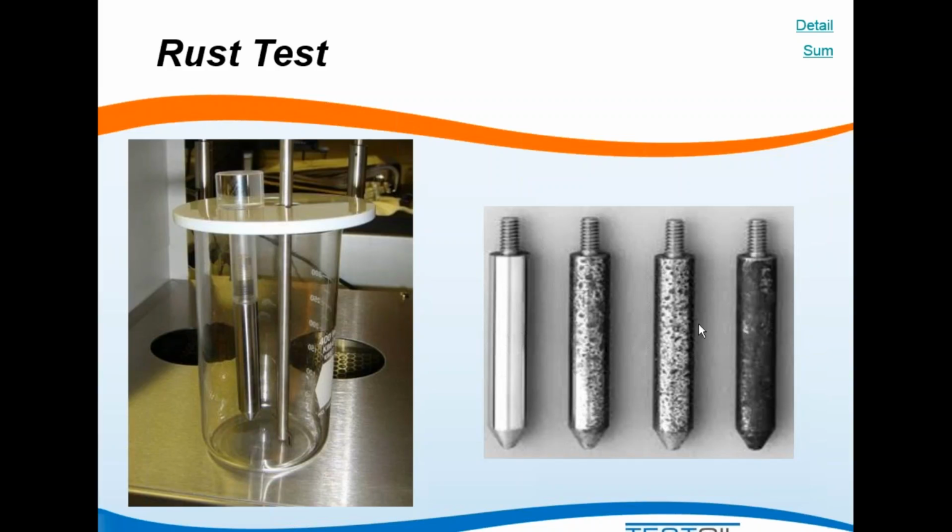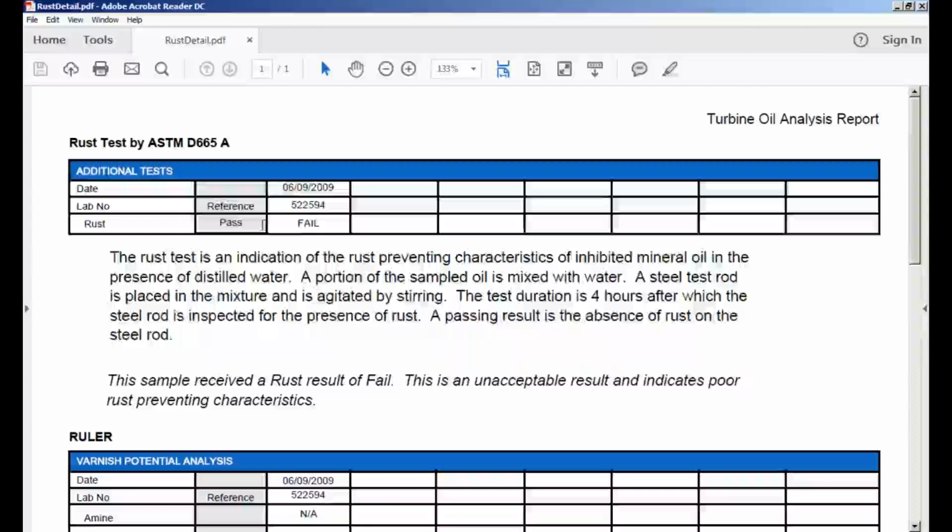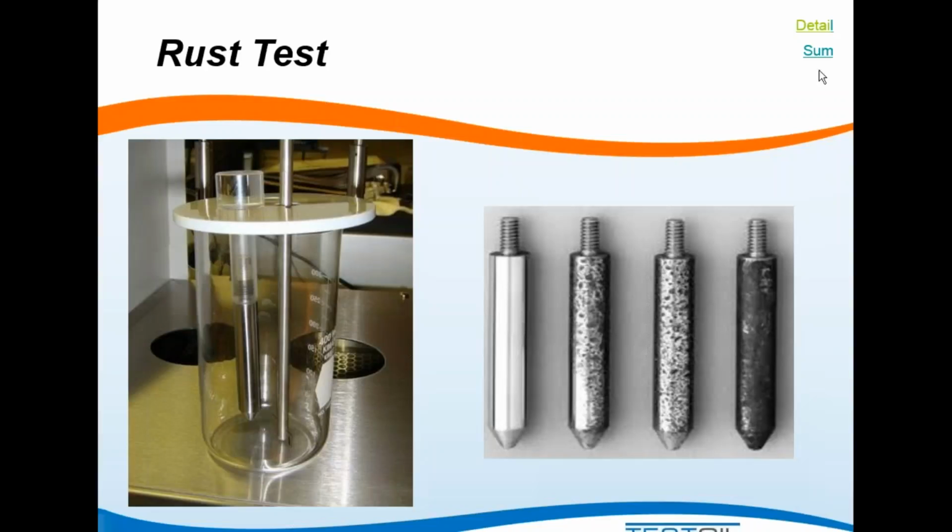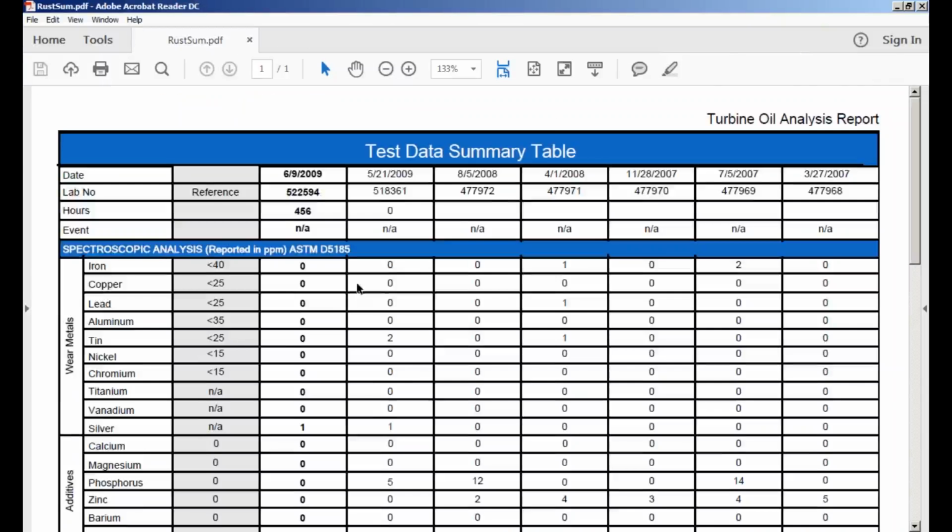All right, so what would we do? Let's take a look at a report that has an issue. Here, it's pretty easy to see on the report. Instead of pass, it's just going to say fail. And if we take a look at the summary on this one,